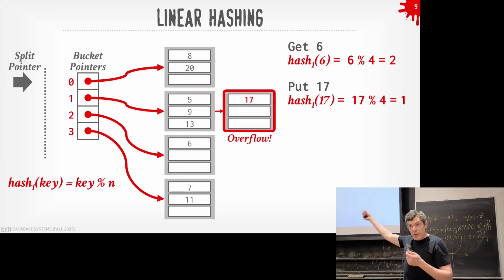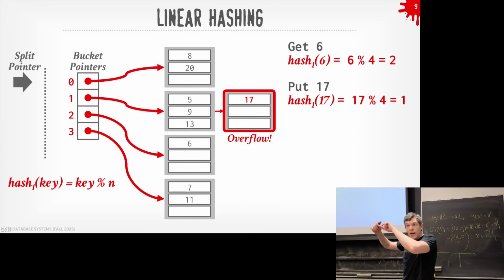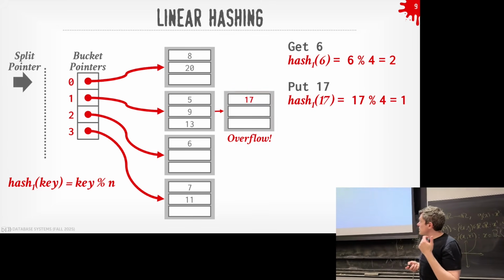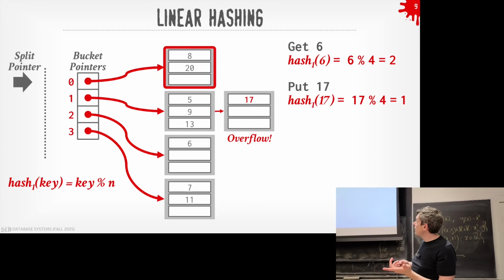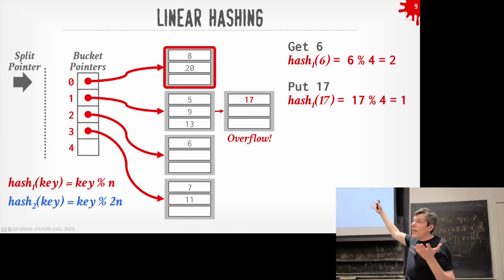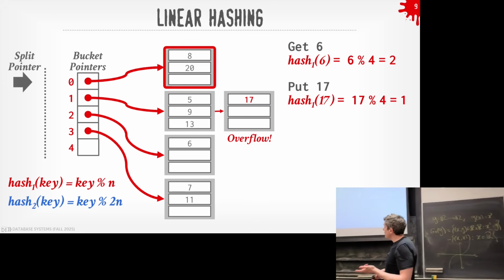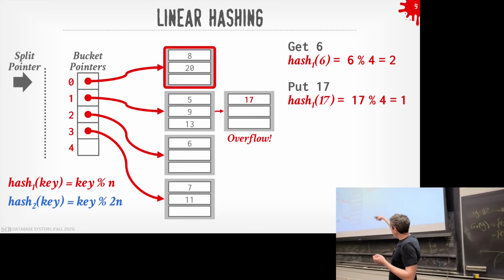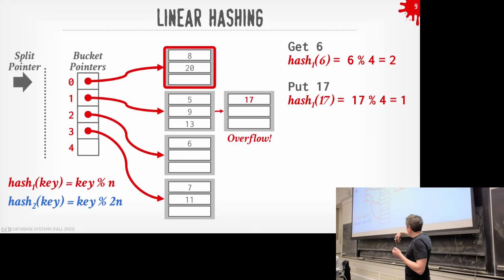But instead of splitting this like I did in extendable hashing, I'm going to extend it out like I do in chain hashing, just add another bucket and maintain a linked list. But then now I'm going to split whatever the split pointer is pointing at. So in this case here, it's pointing at 0. So I'm going to go ahead and split that guy at the top, even though that's not the one that overflowed, but this is just how the algorithm and the protocol works. So now what I'm going to do, I'm going to add a new entry to my bucket array. So now I have a slot 4 at the bottom. And then now I have a second hash function where I'm going to mod it by 2 times the original one.